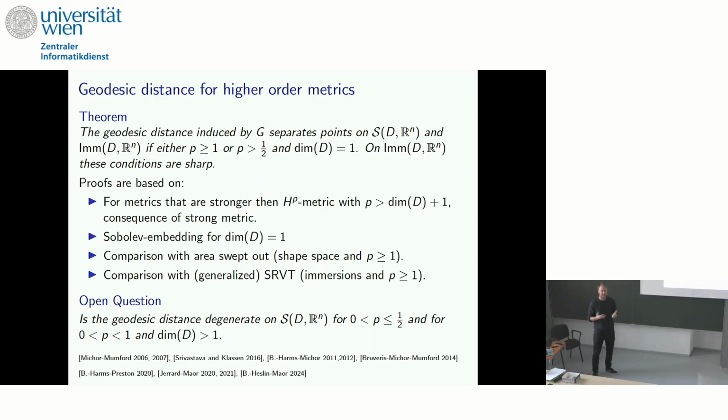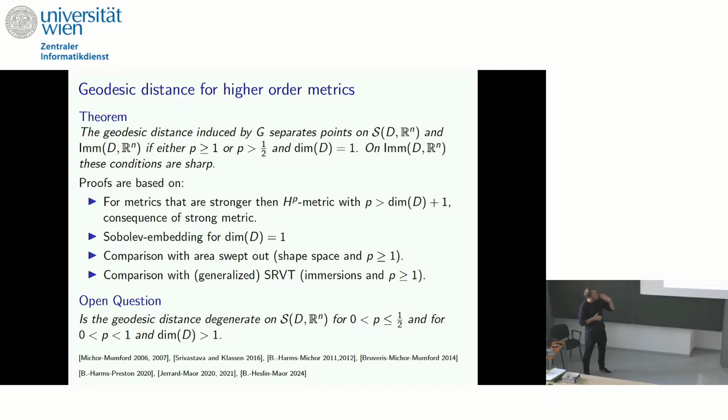So the first question is, does this help us? Does it at least overcome the degeneracy that we had before? And the answer is yes, it does, which is good. So what do you need? Essentially, you need order 1. If you have a Sobolev metric of order 1, you are good. In dimension 1, greater than order 1/2 is enough. So in dimension 1, you need more than order 1/2, and in dimension 2 or more, order 1 is already okay. The proof of this really differs depending on which situation you are in. You will need some different types of arguments.